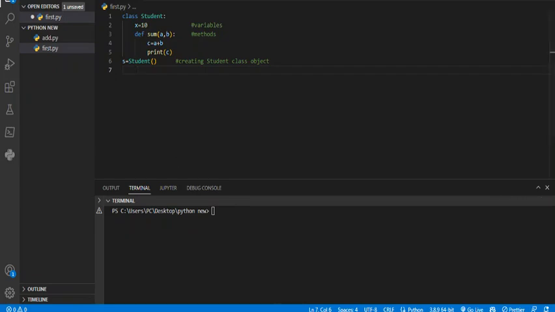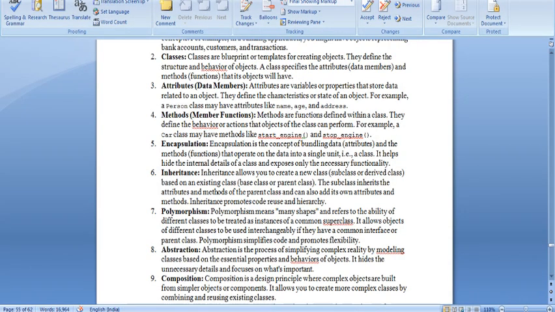The next thing is inheritance. Inheritance allows you to create a new class based on an existing class. The subclass inherits the attributes and methods of the parent class, and can also add its own attributes and methods. Attributes are nothing but variables. Inheritance promotes code reuse and hierarchy. In simple words,